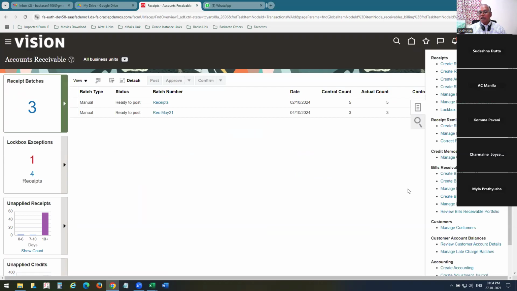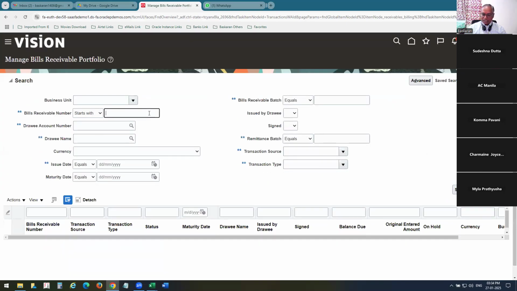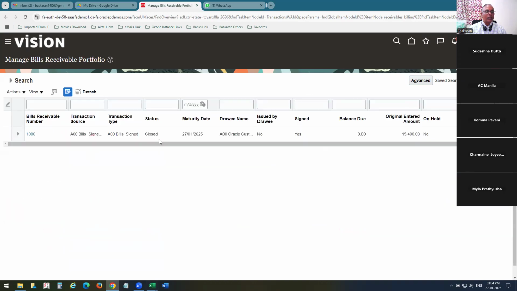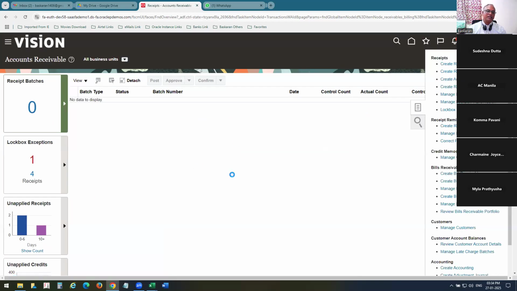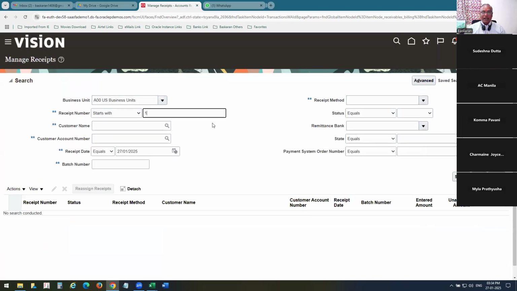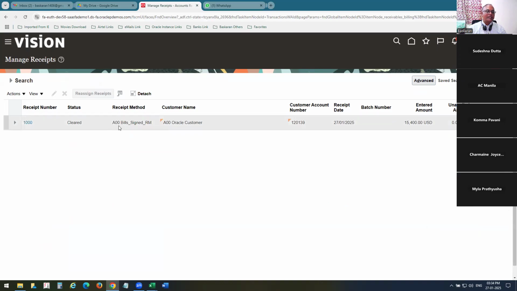Manage. First, I will go to portfolio. The status for the 1000 becomes closed. Now I can move on to manage receipt. The transaction number, you can say like 2101. My bills receivable number is nothing but my